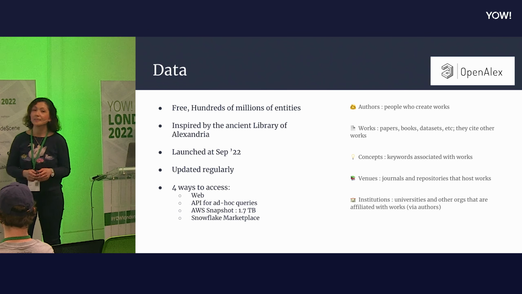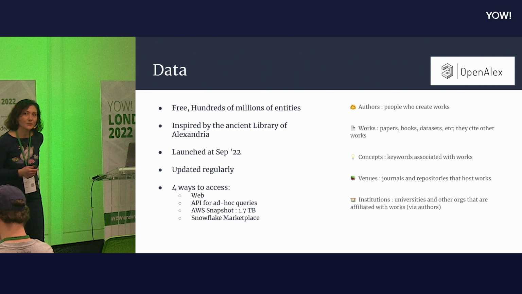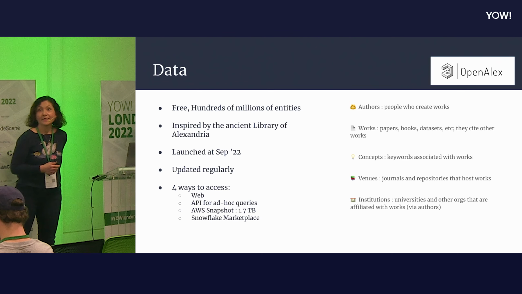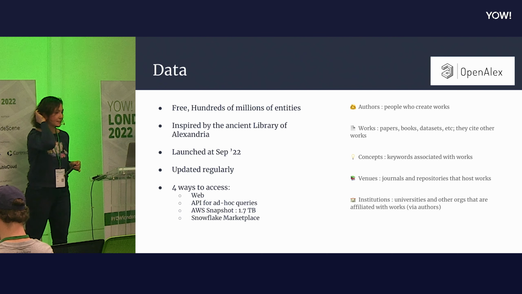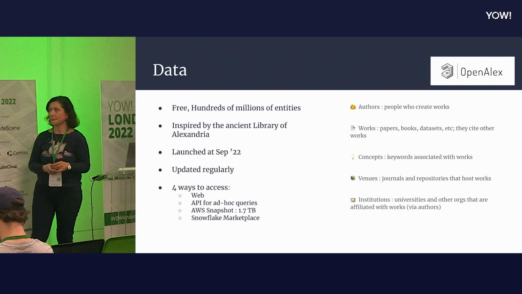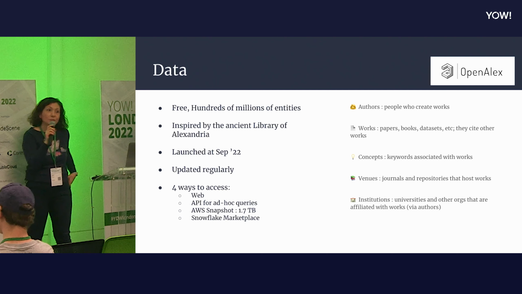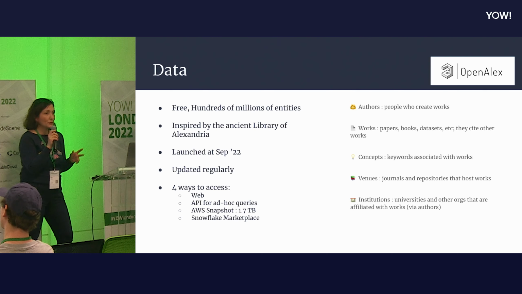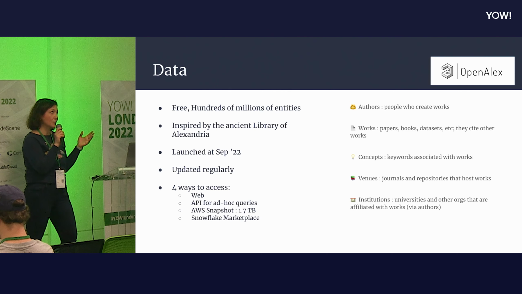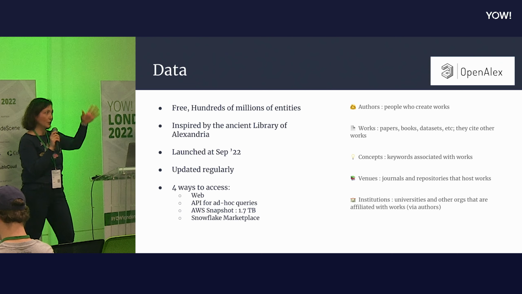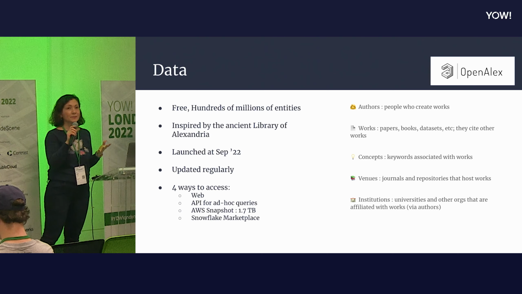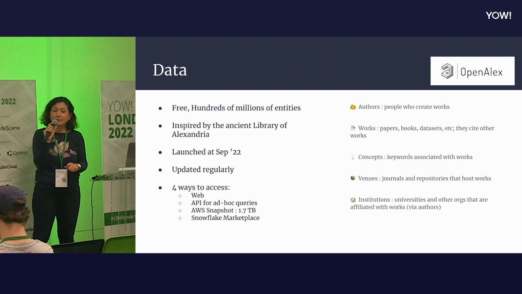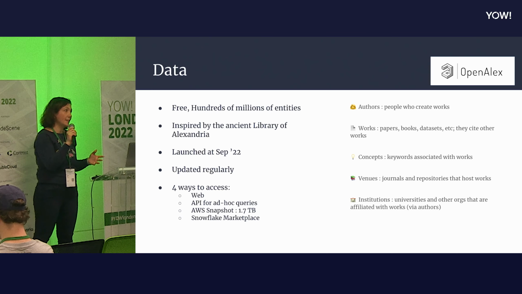OpenAlex dataset, which is free and publicly available. Hundreds of millions of data entities we have. It was inspired by the ancient library of Alexandria, and the Microsoft Open Access academic graph team is actually supporting this. It was launched officially in September 2022, a couple of months back. What we have done is started the work in April, which means that it wasn't the production-ready data set when we started working. And it's a bit brave because we haven't had the official data set, but the team is very supportive and they did updates regularly. So we have the new revisions and the new updates of the data set.